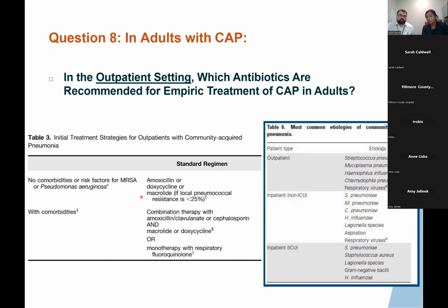So we should not be using azithromycin to treat community-acquired pneumonia, because if you look on your right-hand side, the number one pathogen is strep pneumo. If it's over 40% resistant, it's not safe to use macrolides. Many communities across the US are very resistant to azithromycin for strep pneumo. So amoxicillin is great. And if patients have comorbidities, let's say diabetes, COPD, then you could use